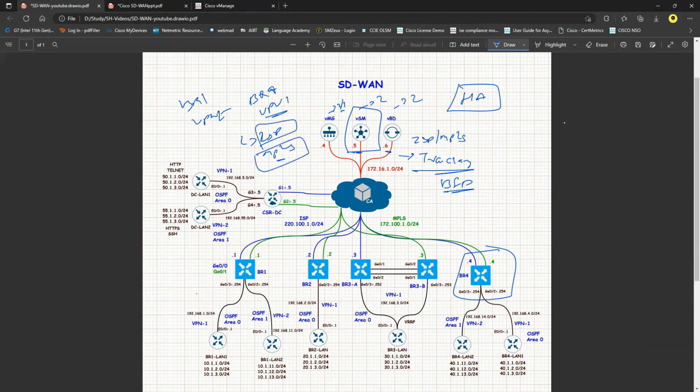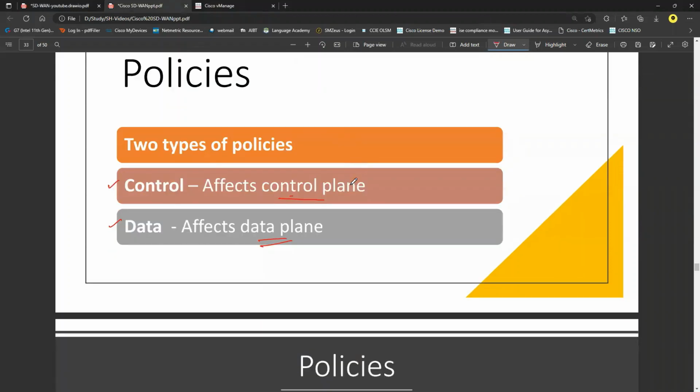This is how the rules will be defined. Once I define it, the data plane will first prefer the ISP. If the ISP is down, then it will prefer the MPLS. By default, I think it will prefer the ISP, not the MPLS, or might be the MPLS. So let's go ahead and explore more options over there.